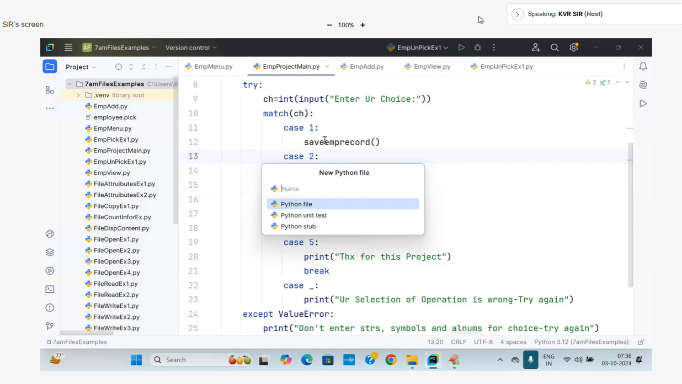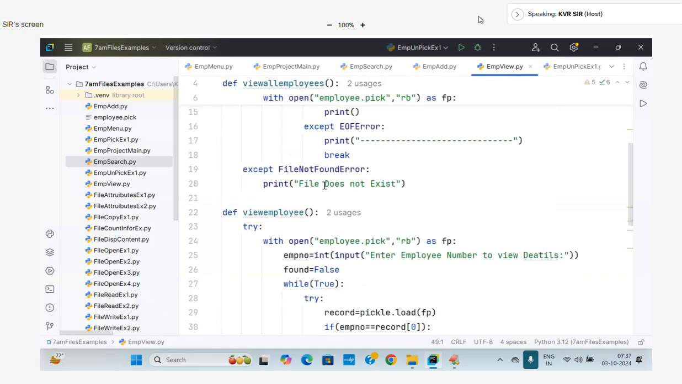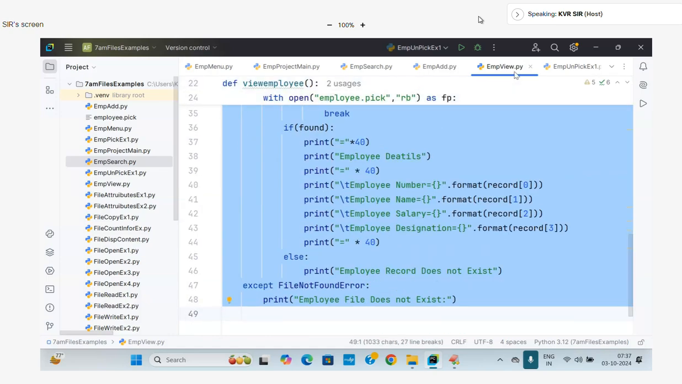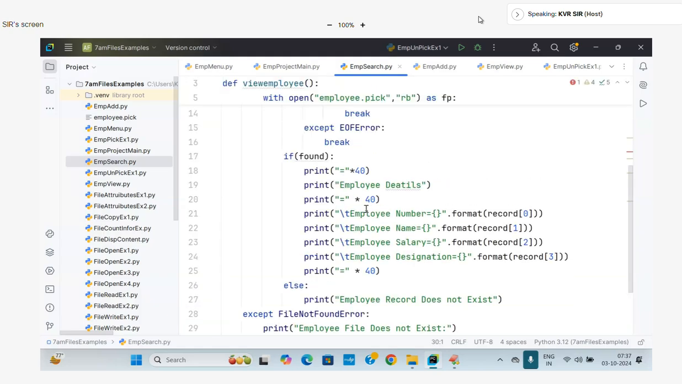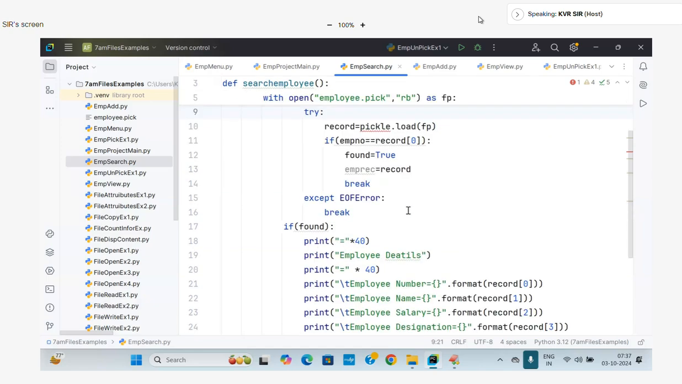So here I'm writing employee search.py. Here is the code for searching an employee based on employee number. Exactly in this place, I will give it like this. Searching whether the employee is found or not, we will go for it. So the same thing, search employee. If you want, you can just write it. I need to